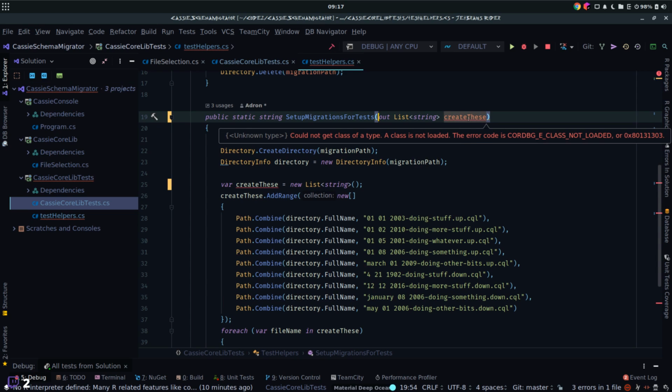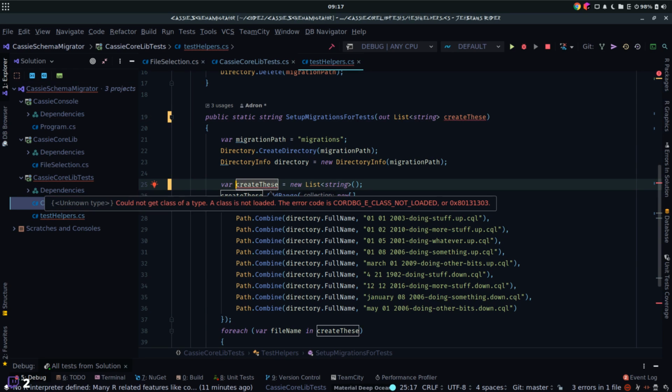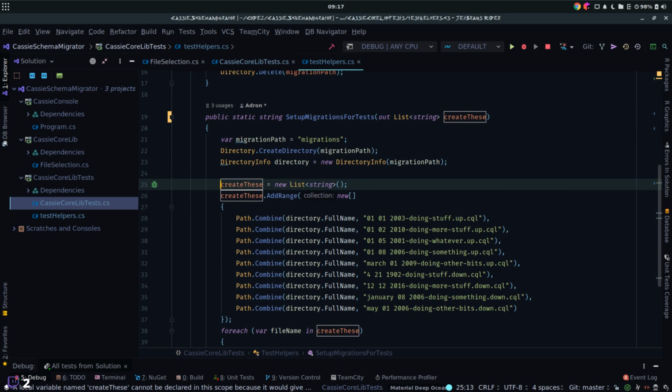So this unknown type, but it says it right there, list string. Oh, but I instantiated here. I can't be doing that. So this needs to be